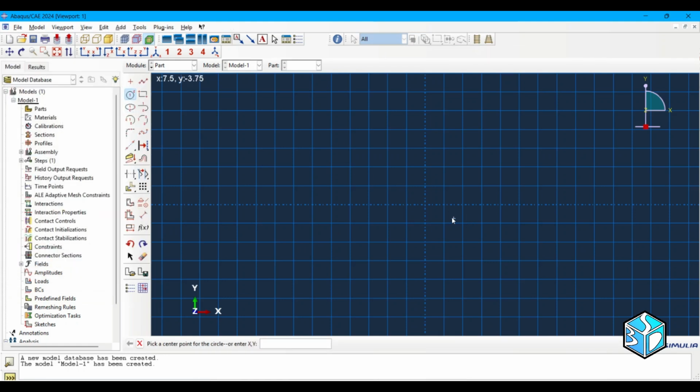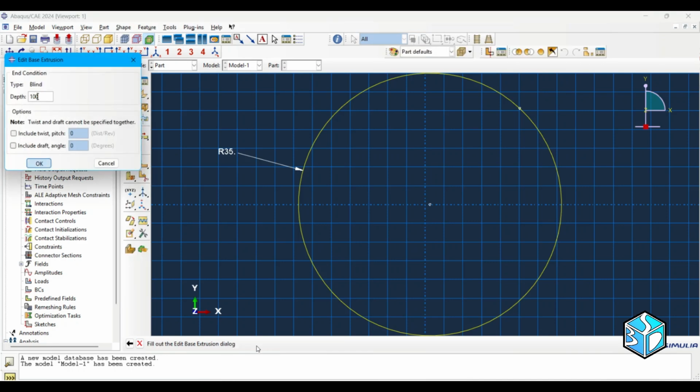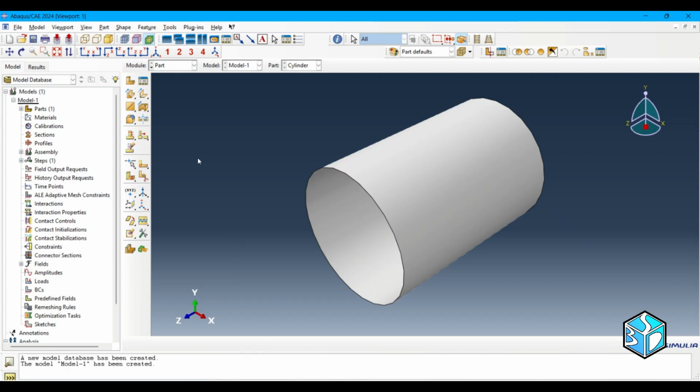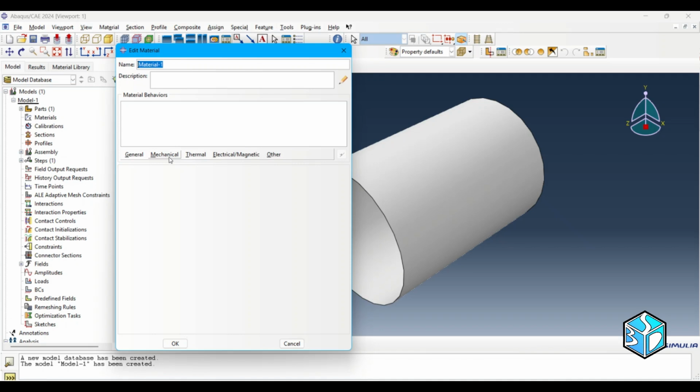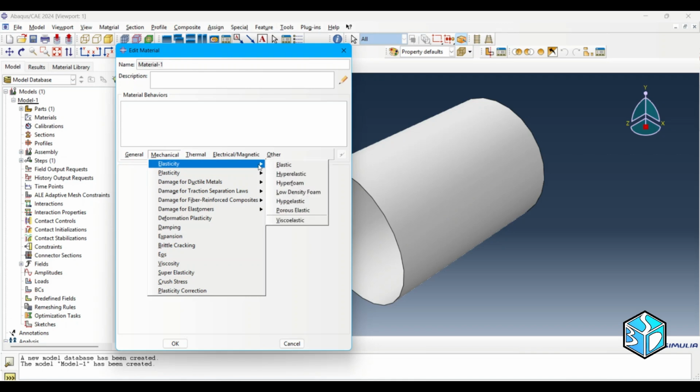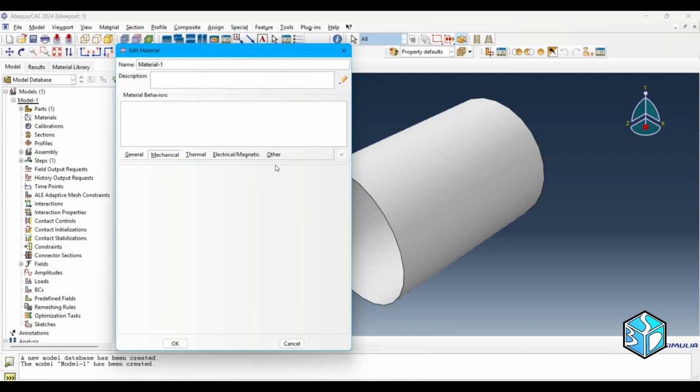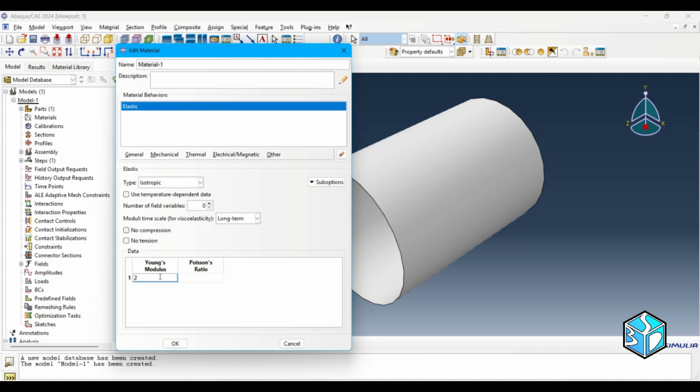So let's just create a circle based on our problem. Dimension is 35, radius, and the length could be 100. Great. Okay, let's move to the property. Let's add elastic modulus. Okay, 210 E3,